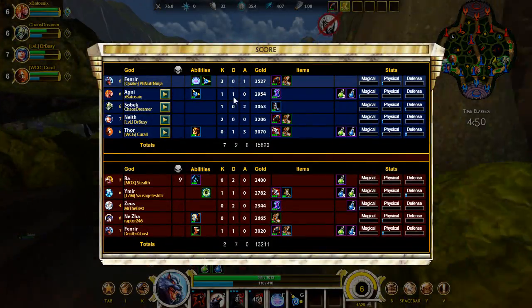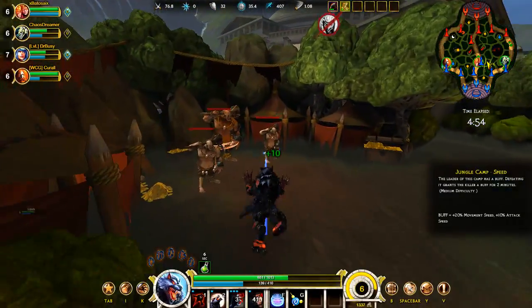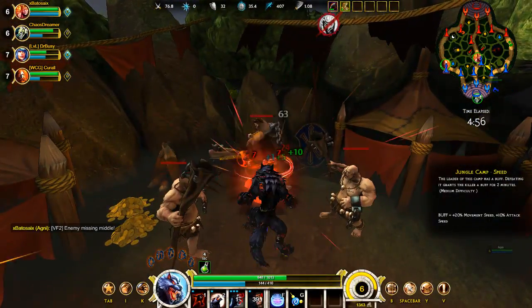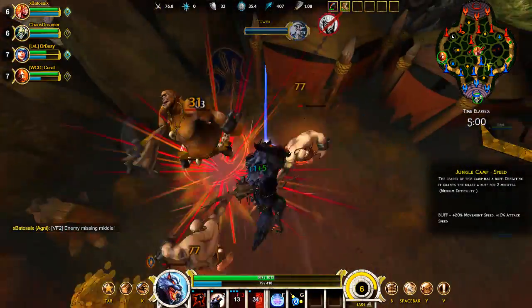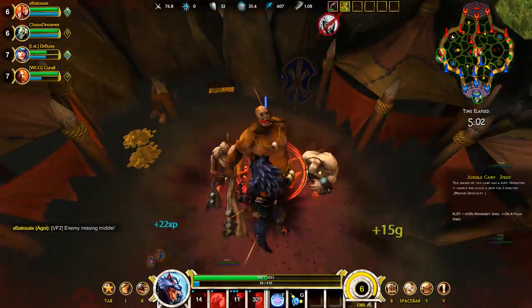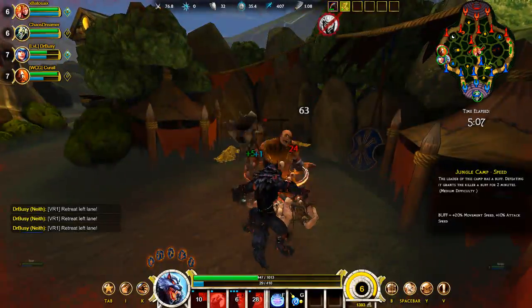And how's our team doing? A feed lane? No, not really. Agni 1-1 in mid, Thor 0-1. So I will gladly take it. And I'm just getting stacks here, and then clear out this camp. No problem. Actually, I can even pounce these guys. There we go, some extra damage. And then I can actually...